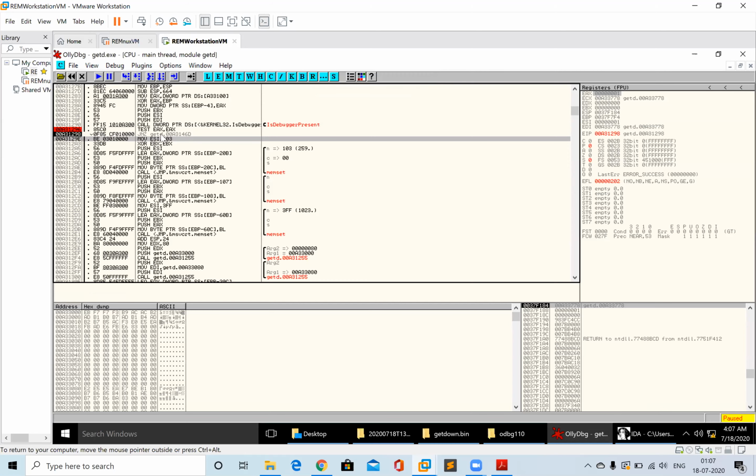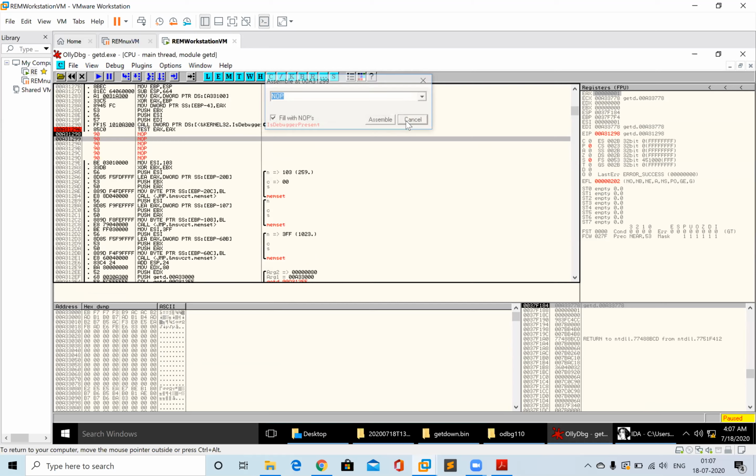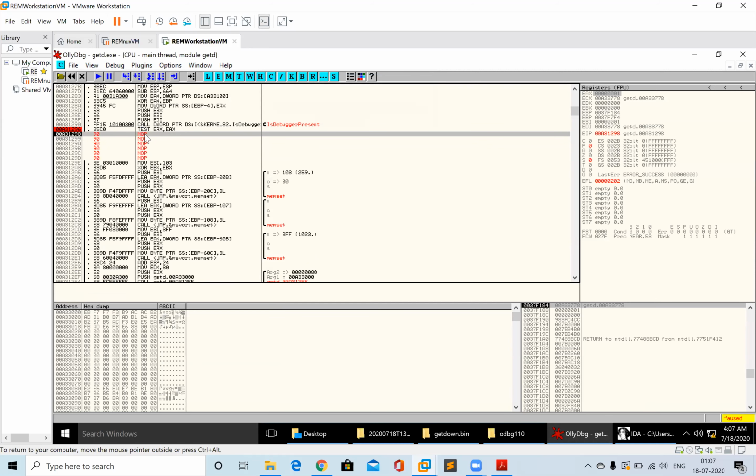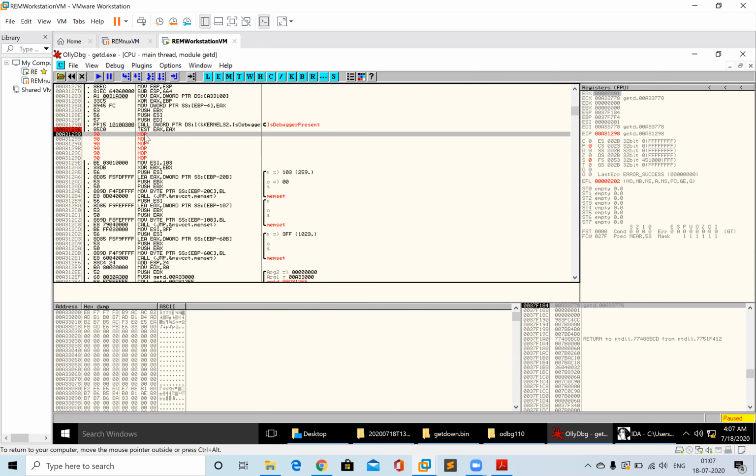No, it didn't happen. So let's click and nop. Now is it clear that the instruction was utilizing 6 bytes? OllyDbg actually helps you so that you don't waste time calculating the bytes utilized by the jump not zero instruction. It automatically checks that the instruction is utilizing 6 bytes, so it will write 6 nops over here. Because of this, it will not break the offset going below. If you write only 1 nop, maybe the offset will be off and the other portions will get affected. So this is one technique you can use.